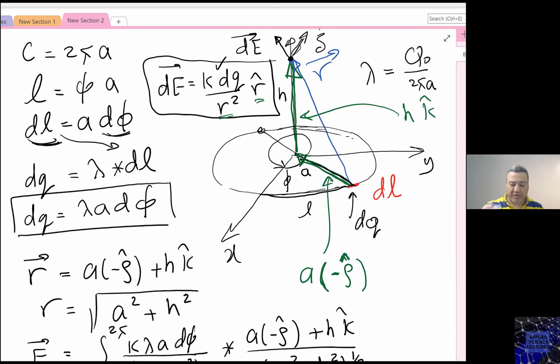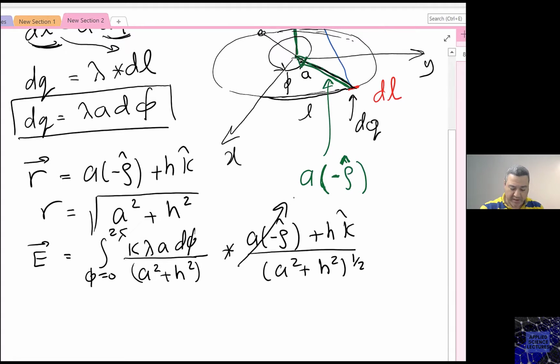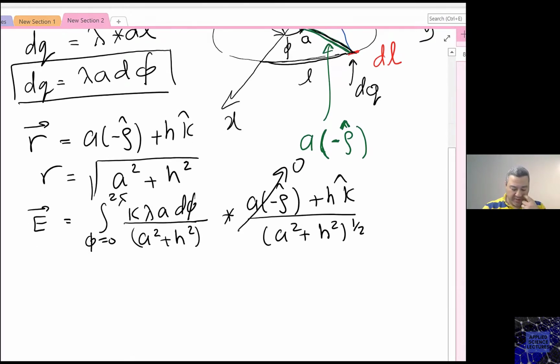So all the electric fields that are parallel to this circle will be canceled. As we will see later on, due to this canceling, I only have a component along the z-axis. So this one will cancel due to the symmetry, and now my integration becomes